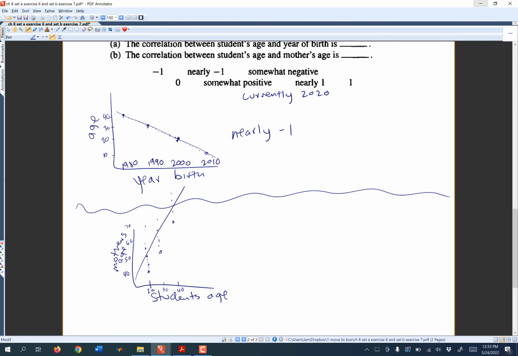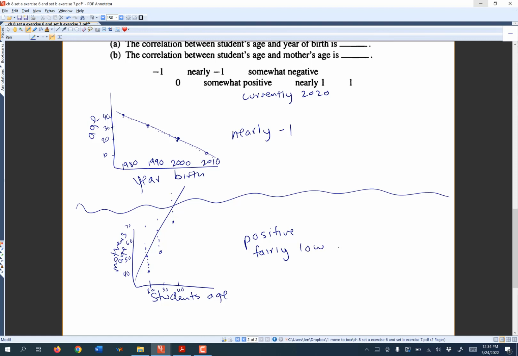But we shouldn't have the points exactly on the line because the mother's age can vary a lot depending on if she was young when she had the baby or old when she had the baby. If it's the oldest child or the youngest child, there could be a lot of variation. So I would say it should definitely be a positive slope. I don't think the points will be really close to the line. I think it's probably going to be a fairly low correlation